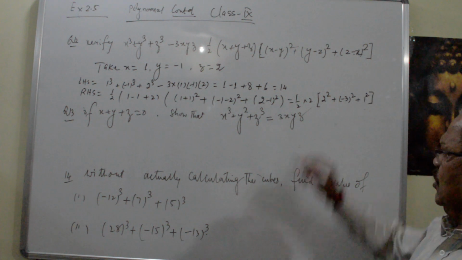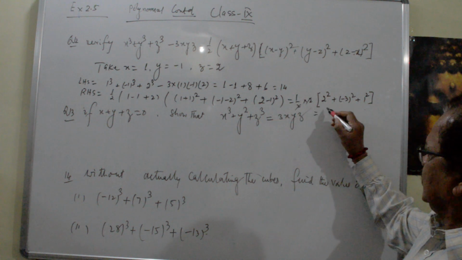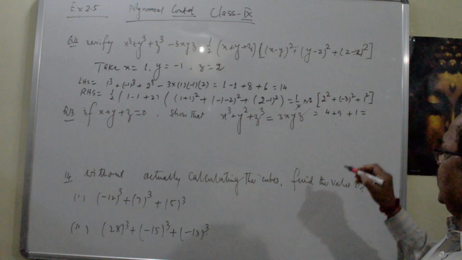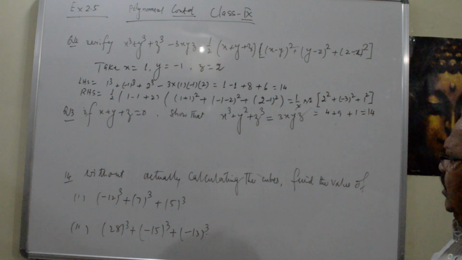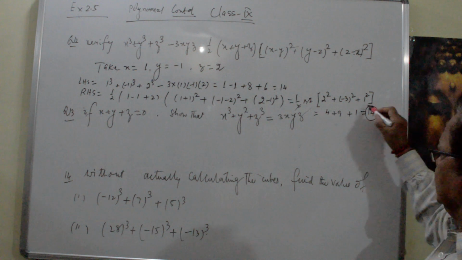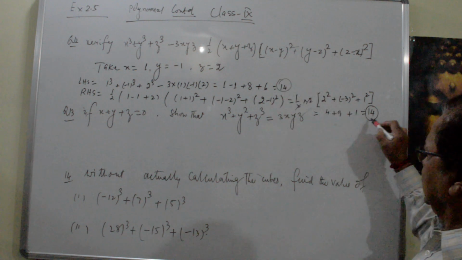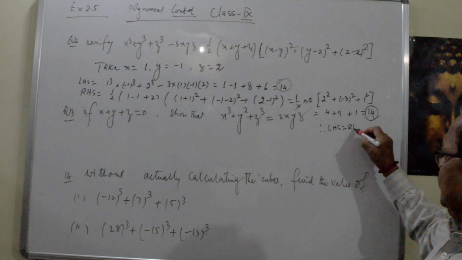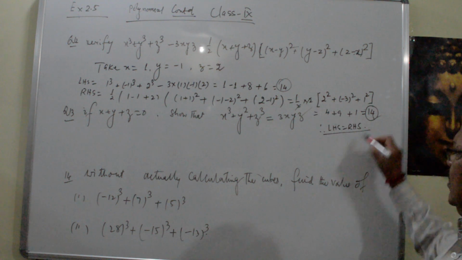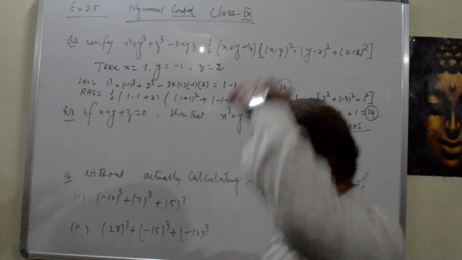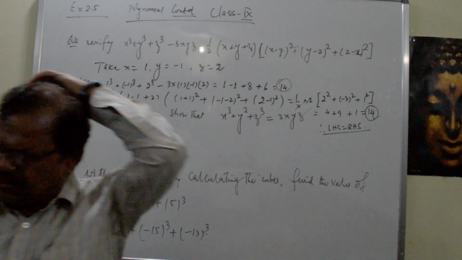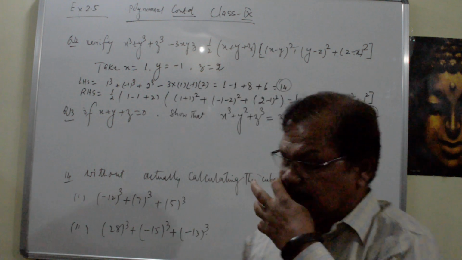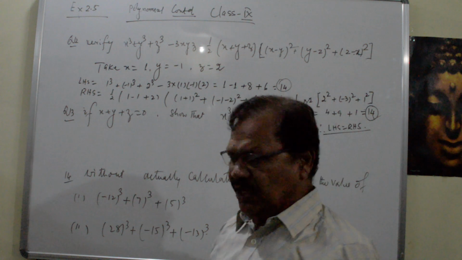Now simplify it, 2 is cancelled out. So this is 4 plus 9 plus 1, 9 plus 4 is 13, plus 1 is 14. So clearly left hand side is 14, right hand side is 14, therefore LHS is RHS, therefore verified. So this is the technique of verification. Because whenever the question is asked, you must keep the answer in a proper way. Don't forget to write the answer without any logic.